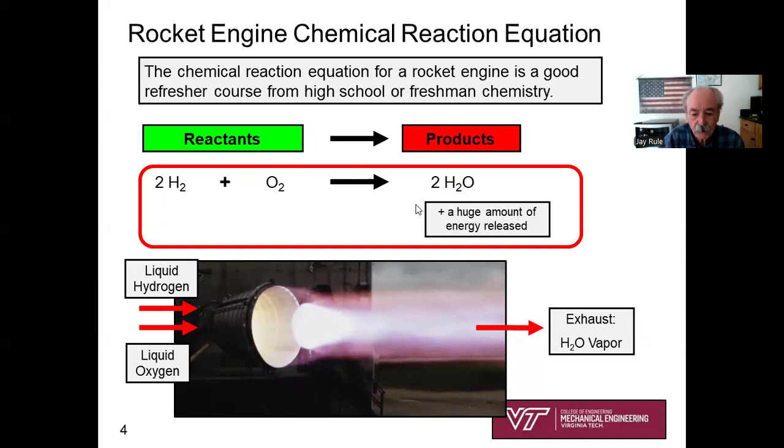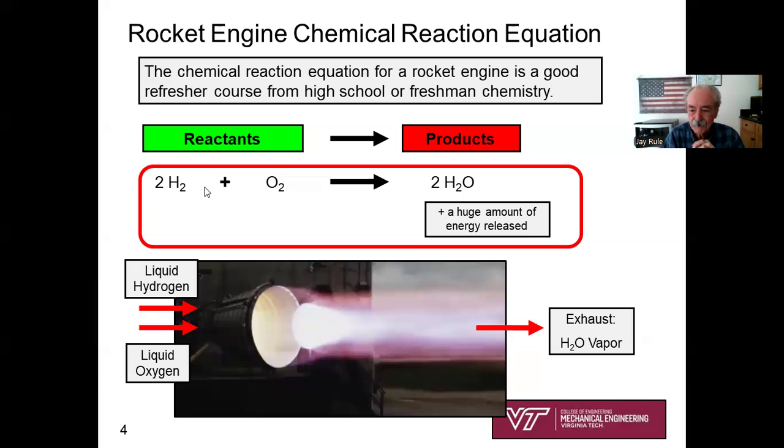And so you study this equation and you say, oh, I guess I'll have to start with the O. And I see I've got an O over here. I've got an O2 over here. So I'm going to have to put a 2 there to get my O's to balance. Okay, so now if I look at my hydrogen over here on the products, I've got 2 times 2. I've got 4 hydrogens. So back over here, I'm going to have to put a 2 to get two H2s. Everything balances, and you feel pretty good about yourself that you've created your own chemical reaction equation for a rocket engine without it being